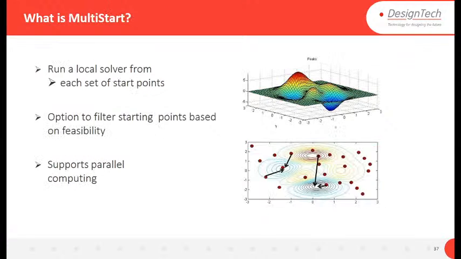Multi-start points. We already discussed that we can give a multi-start point. It supports parallel computing also. Sometimes there are lots of iterations to find the global maxima and minima. In that case we can use parallel computing, and we can start multiple iterations at a time in parallel. If you have, let's say, 6 cores in your machine, then 6 iterations will run in parallel. So iterations have to be independent. Okay,